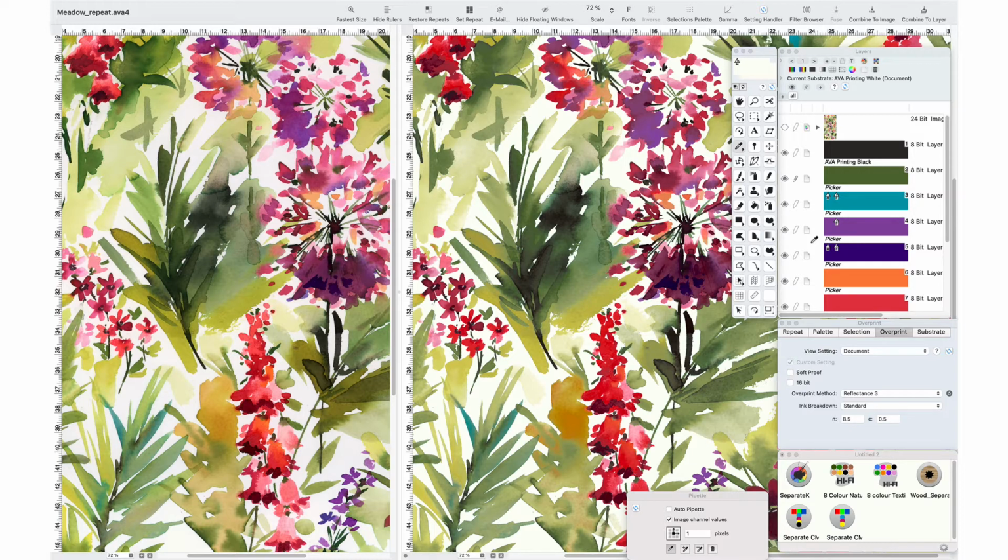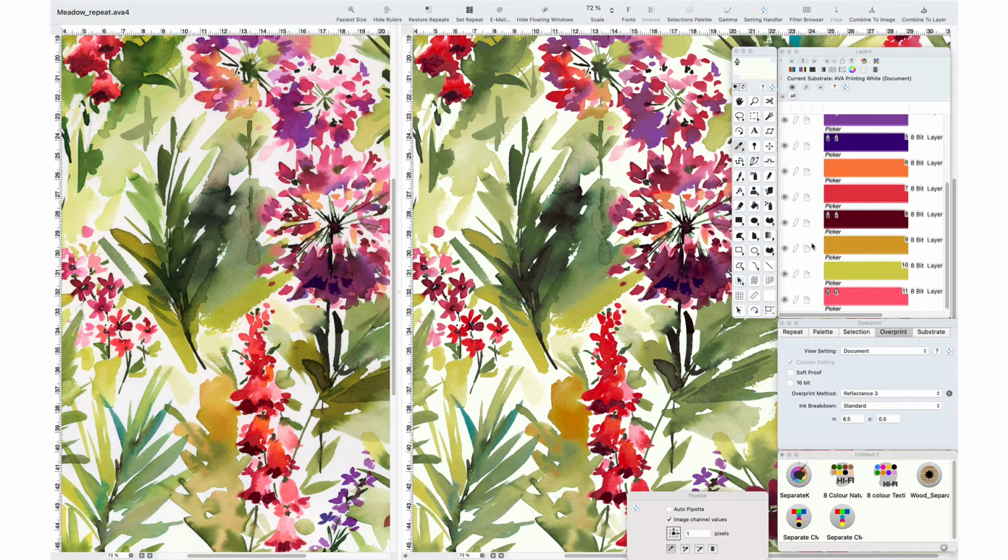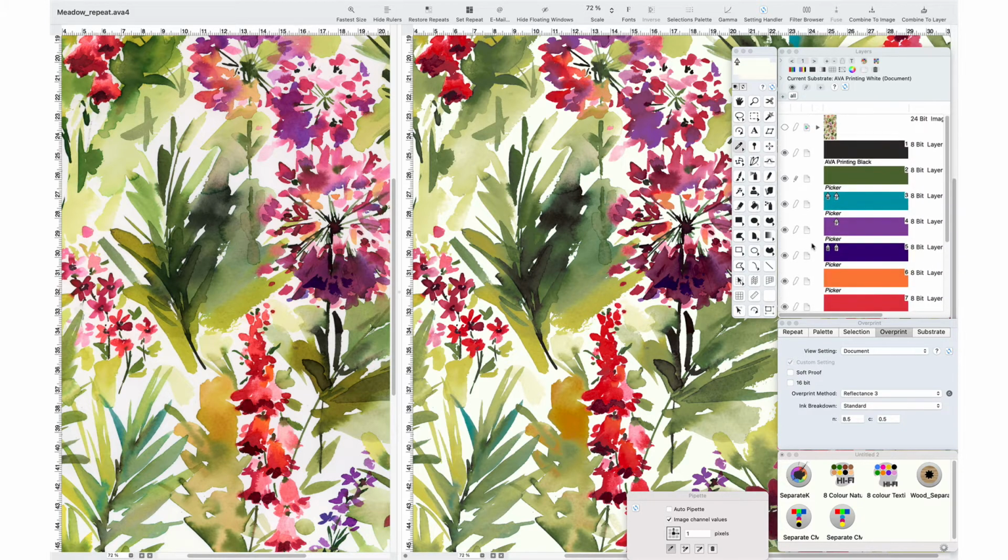So with the bare bones of the separation in place, we now have a design which is separated into 11 layers. Now for conventional printing, you may find that you cannot use that number of screens to create the design on the fabric or paper that you're actually printing to. So we're going to need to look to reduce and balance this separation up into less layers,